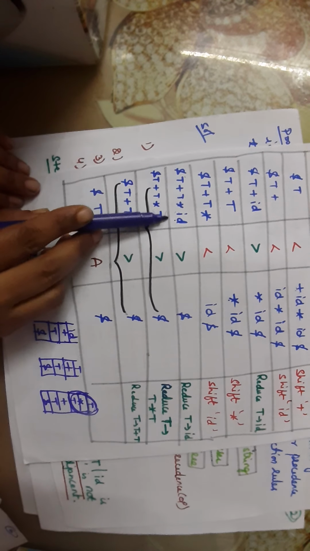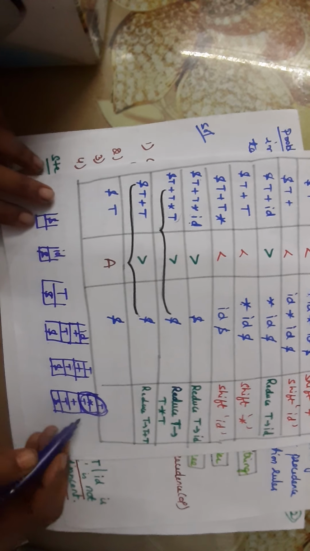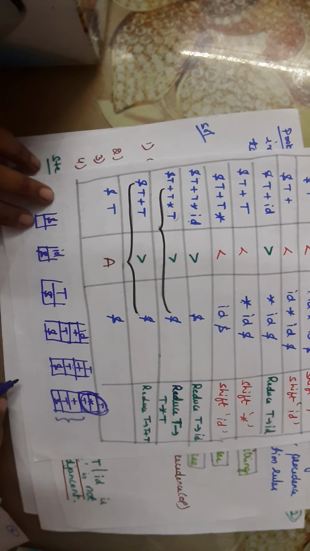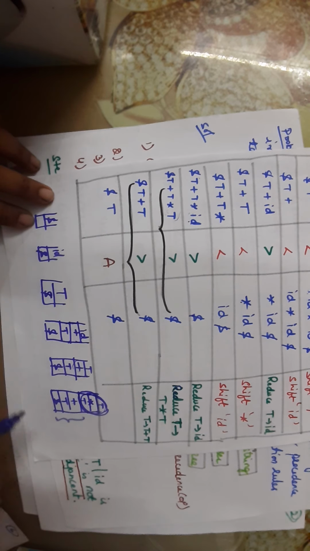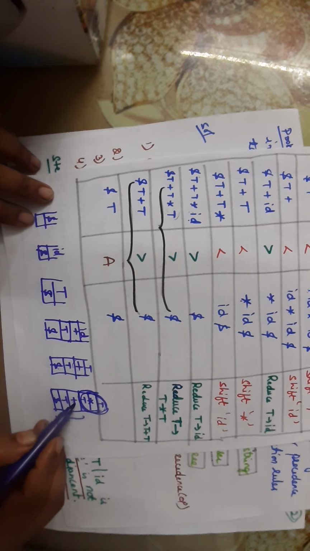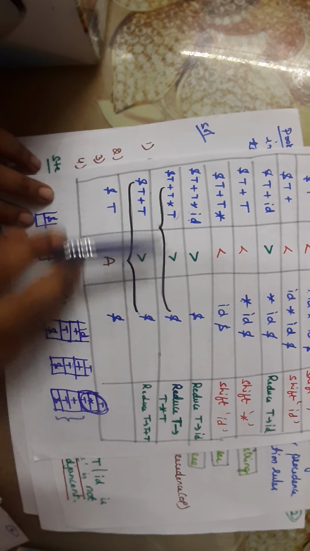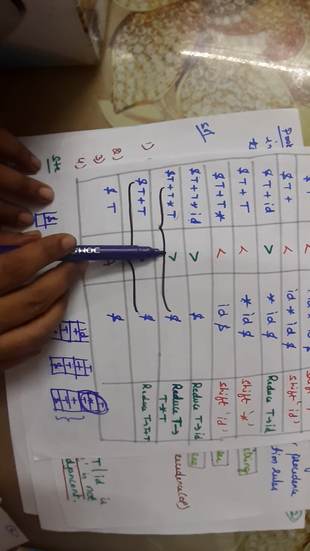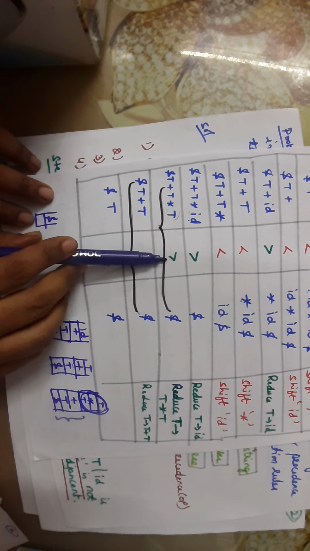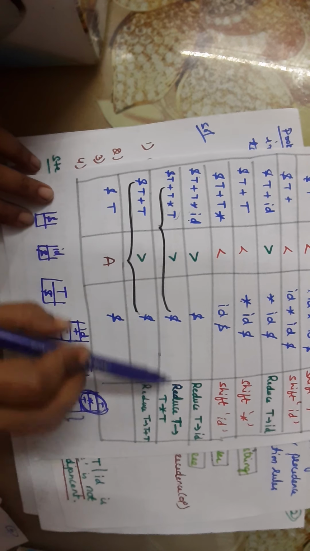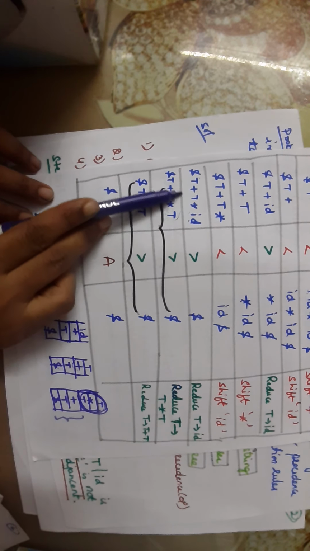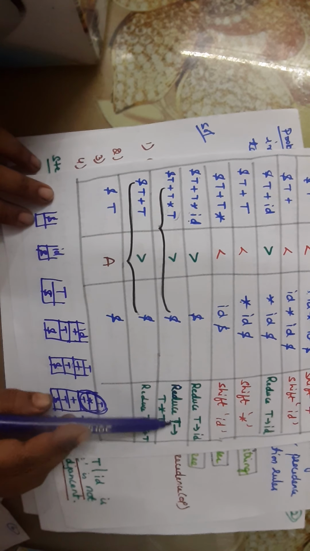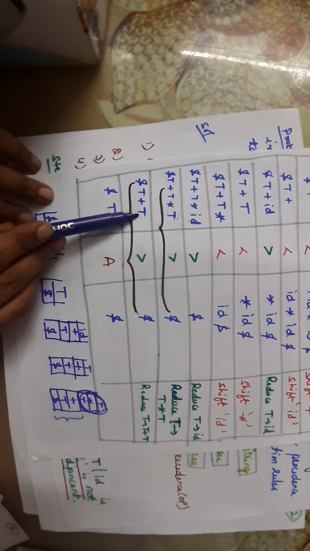If I want to reduce T star T, I have to check the remaining terminal values present in the stack. I should compare those values with the dollar. So here I have two terminals, plus and dollar. Among these two, plus is the topmost symbol. So compare plus with dollar. Plus is greater than dollar. So greater than means I have to reduce. So reduce what? Reduce T produces T star T. So this complete T star T is reduced to this T. So now I get dollar T plus T.